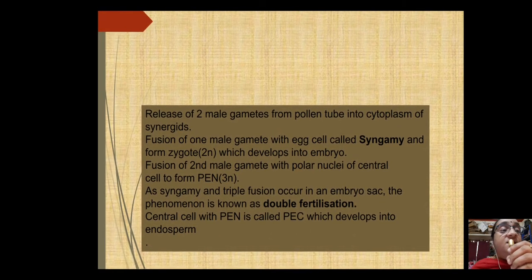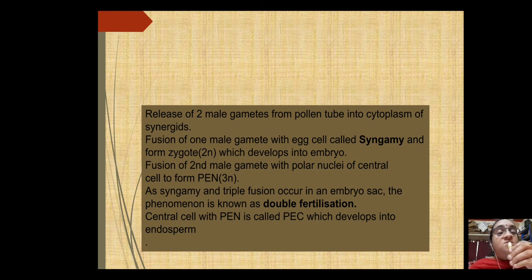What are the events that are going to happen now? Release of 2 male gametes from the pollen tube into the cytoplasm of the synergids. Fusion of 1 male gamete with the egg cell is called syngamy, to form a zygote. Fusion of the second male gamete with the polar nuclei of the central cell forms the primary endosperm nucleus, PEN, which is